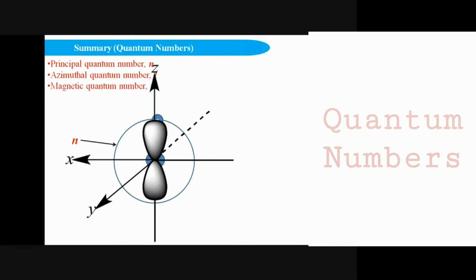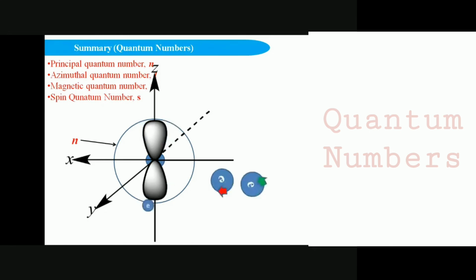And the third one is the magnetic quantum number. This is how the electron is moving under a strong magnetic field. It has some pathway, and if we connect it, we will have the orbital. And the last one is spin, how electrons are spinning. Okay, like this. This is the spinning of the electron.